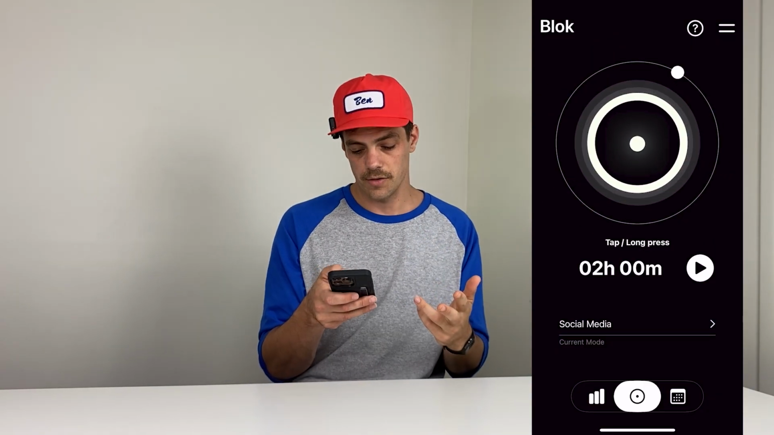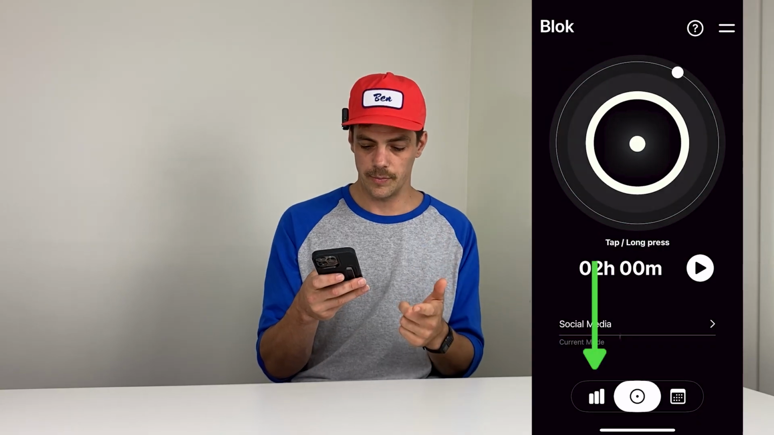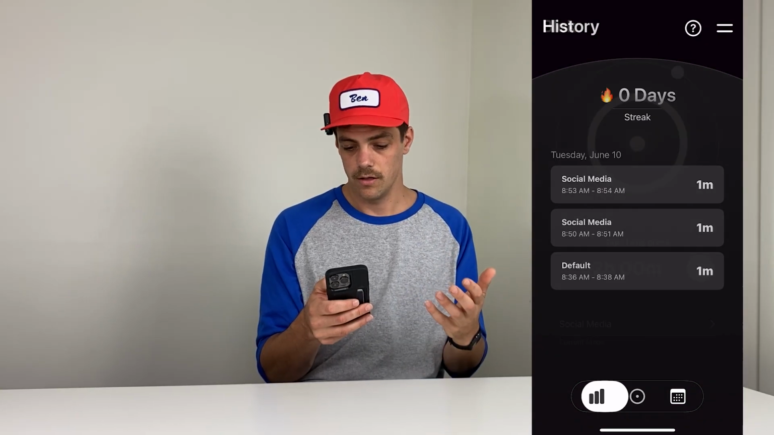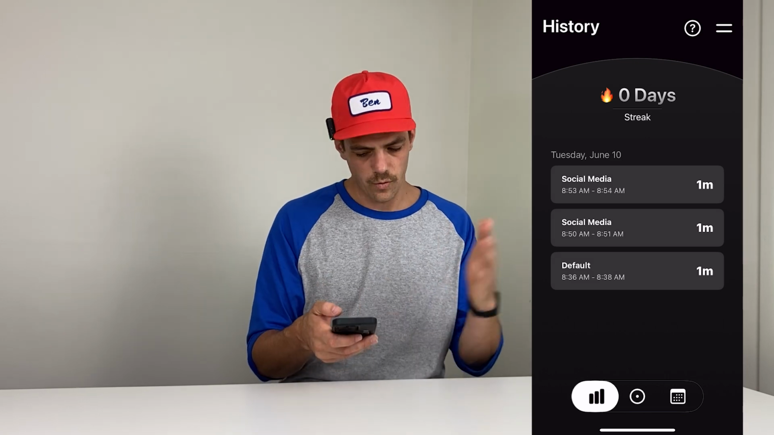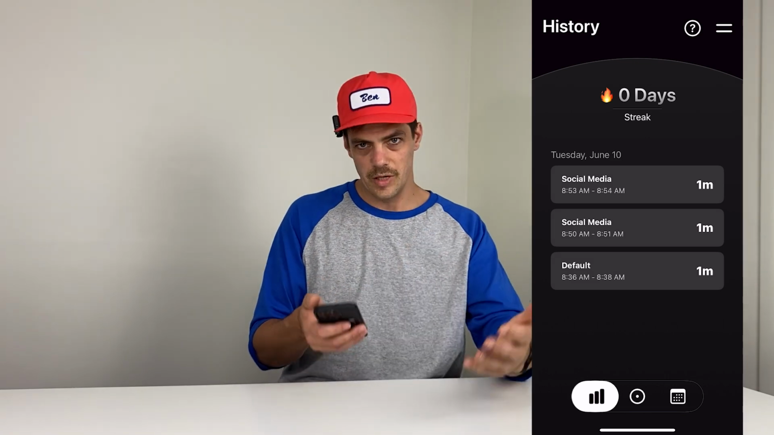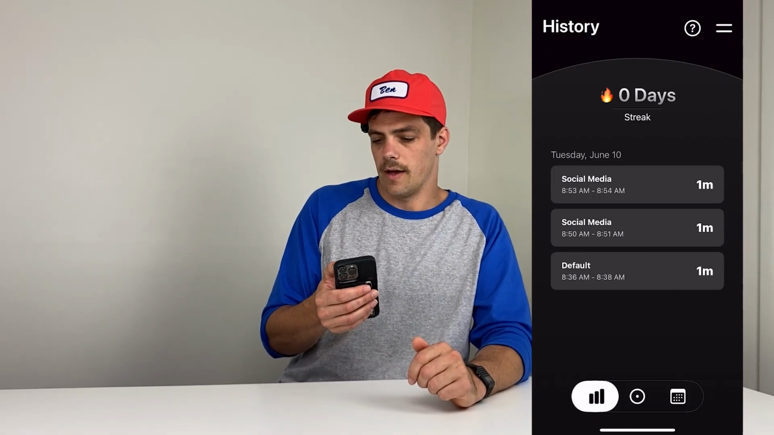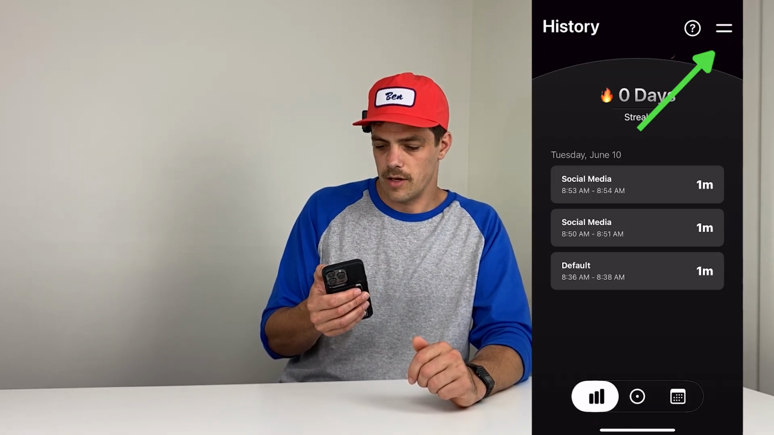Last few things I want to mention. 1, this little analytics button, chart icon here on the left. This is just showing streaks that you've had, and there's even ways to look at leaderboards with other people that use the Block app as well. And then I also wanted to look up at the top right hand corner, this hamburger menu, which just gives